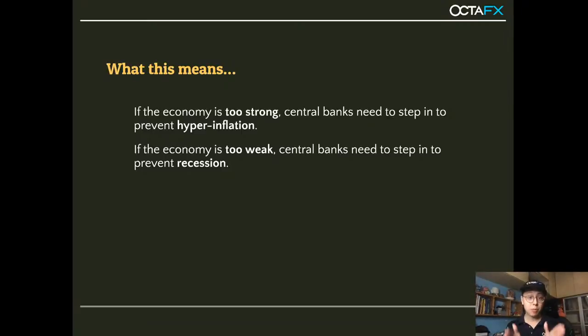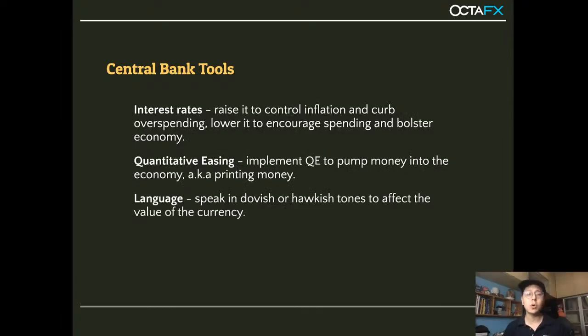So the role of the central bank again is to make sure that it's balanced. Okay, cannot be too strong, cannot be too weak. Right, so that's the idea of it. So with that, okay, put yourself again in the role of a central bank, right? So now you have a target, you have a KPI. You need to have certain tools to help you achieve your KPI. Okay, so in the central bank world, there's only 3 things that they can use. Only these 3. That's why I say once you understand, it's very easy. Okay, these are the only 3 things they can use, at least for now, right?